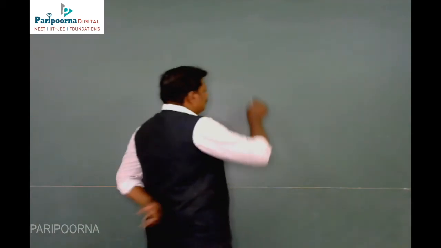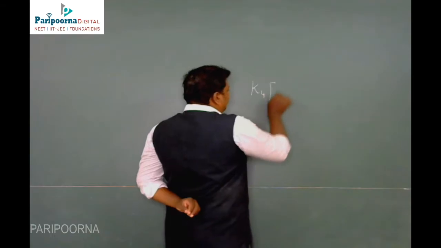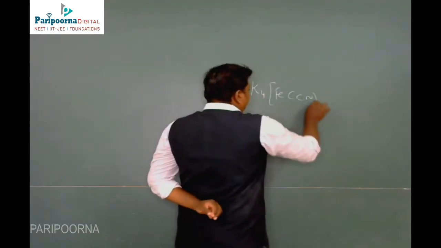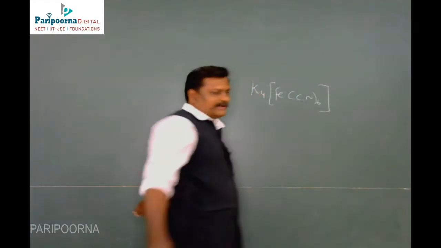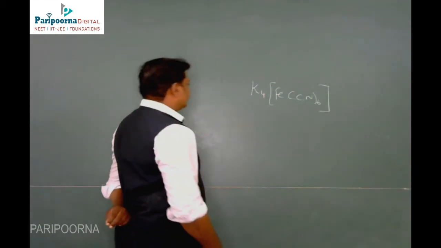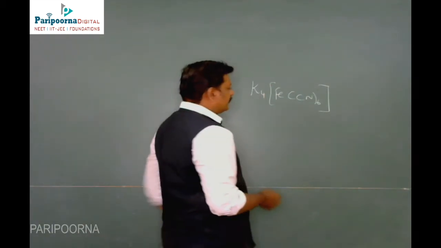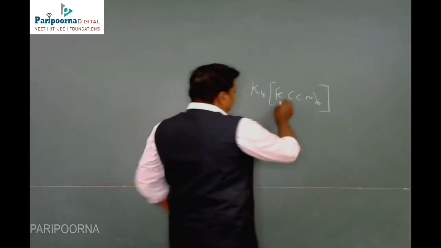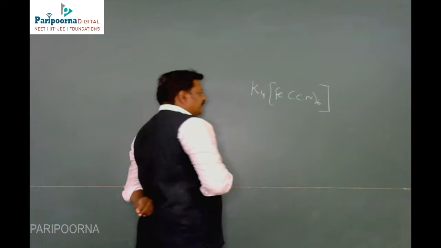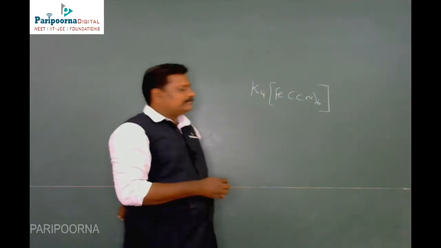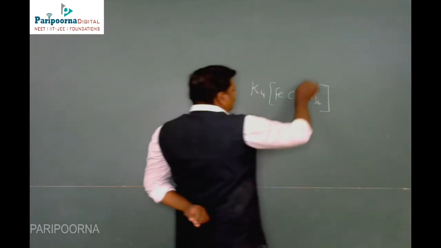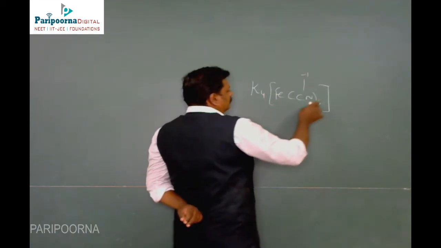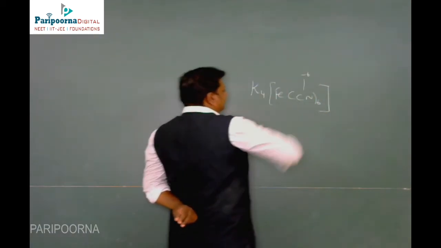Now you can look here. The example is K4[Fe(CN)6]. This is the given complex. In this coordination complex, you first have to identify the oxidation state of the central metal. The central metal is iron. CN is cyanide, with an oxidation state of -1. So here there will be a -1 charge. So 6 times -1 is -6.